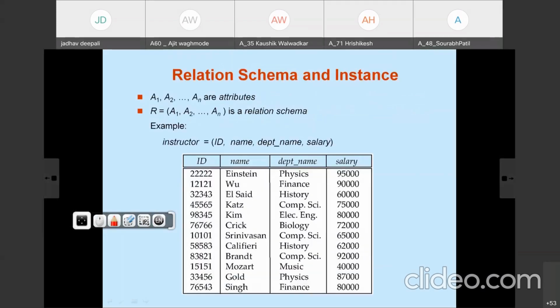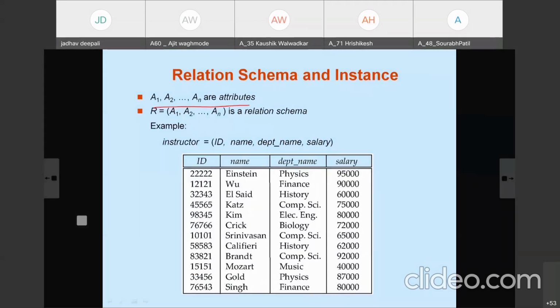Now the relational schema, how can we represent it? I have already given the example. A1, A2 to An are the attributes of that schema, and R is the name of the relational schema, equal to the names of the attributes in the schema. So how do we represent the instructor schema?